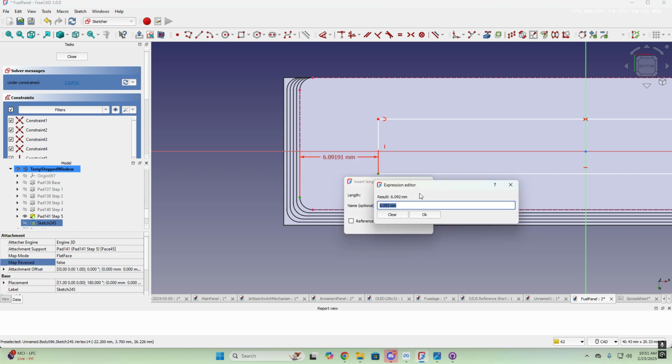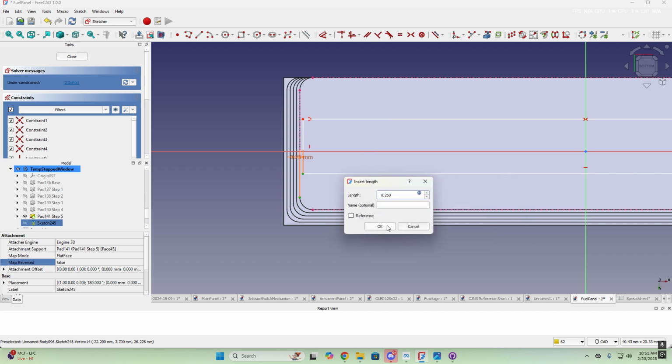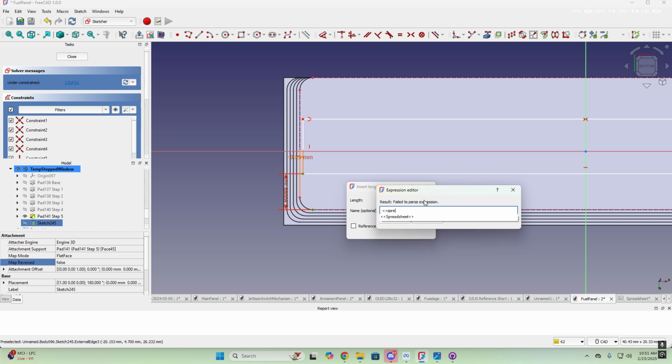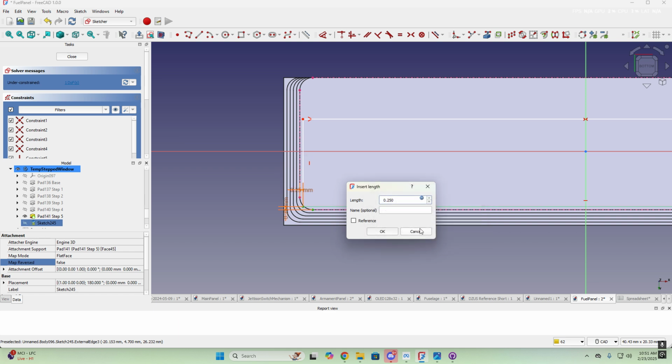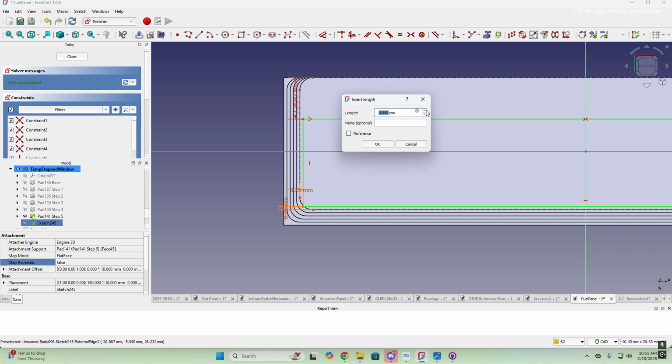formula, spreadsheet, width inset, vertical constraint, formula, spreadsheet, top inset, vertical constraint again, spreadsheet, bottom inset,